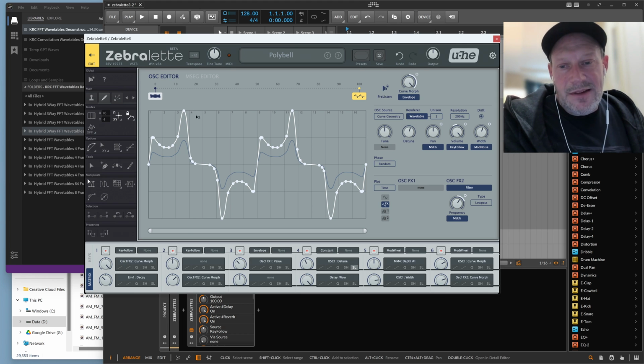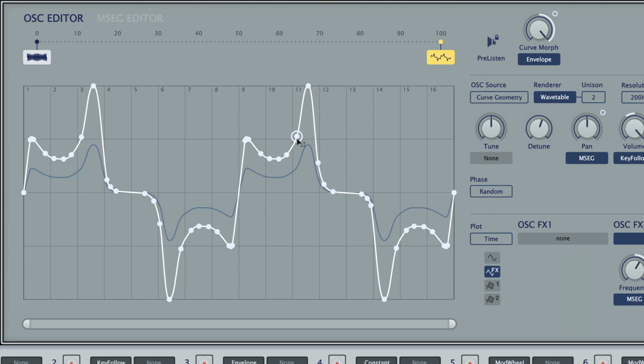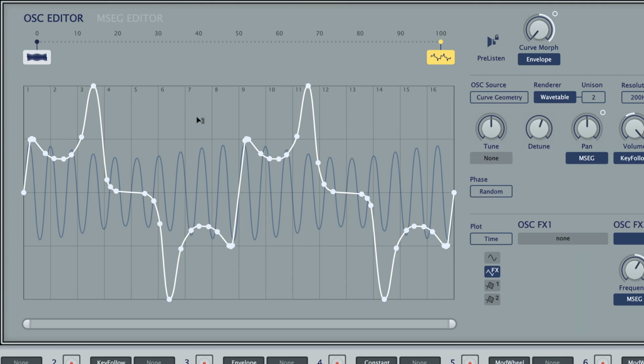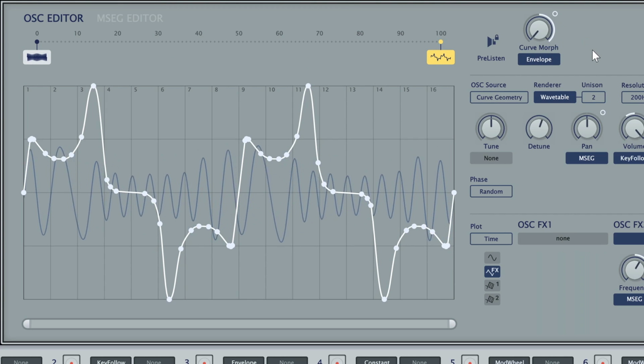And what happens in Zebralette is that the control points actually change into the different positions along the multi-segment editor here, which essentially represent the frames of your wavetable. So if we had something like this,